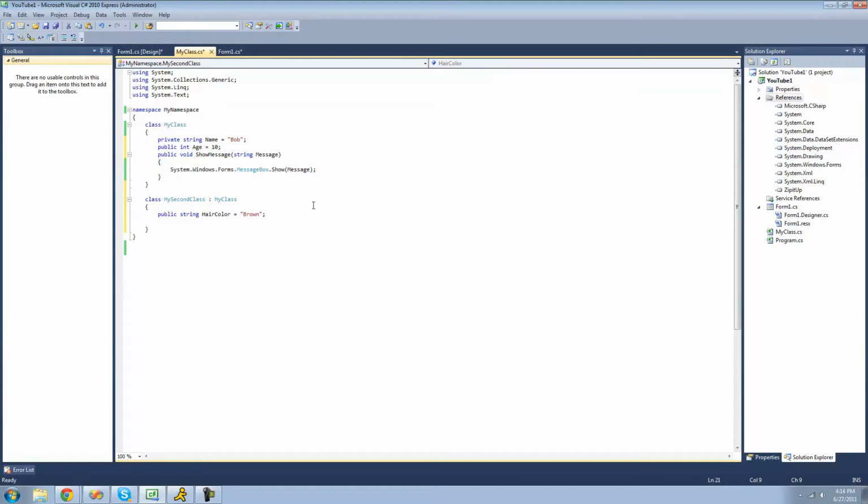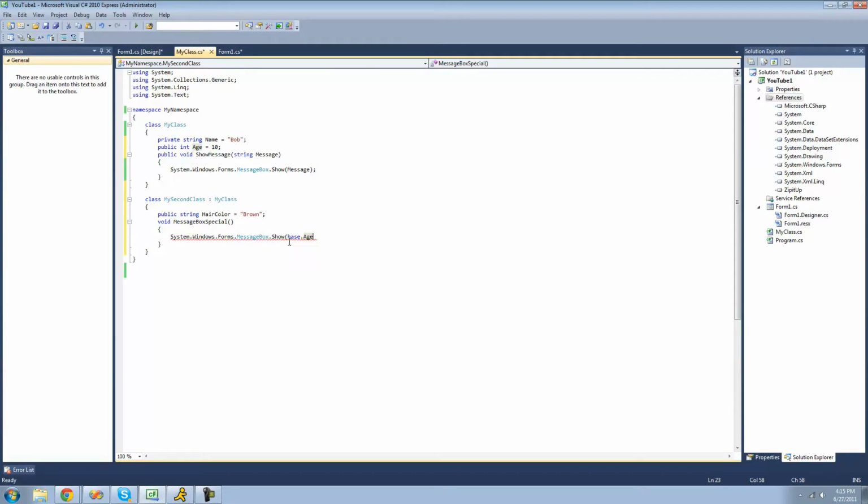For example, we'll create a new method here, which will, I guess, just display another message box. Message box special. And what we can do here is we can now access all the non-private members in this class. So if we wanted to have a message, system.windows.forms.messagebox.show. If we wanted to access this integer age right here, we could do base dot and then age,